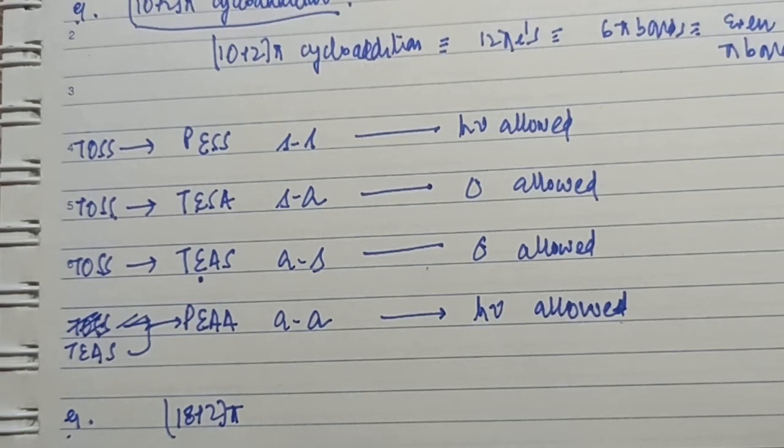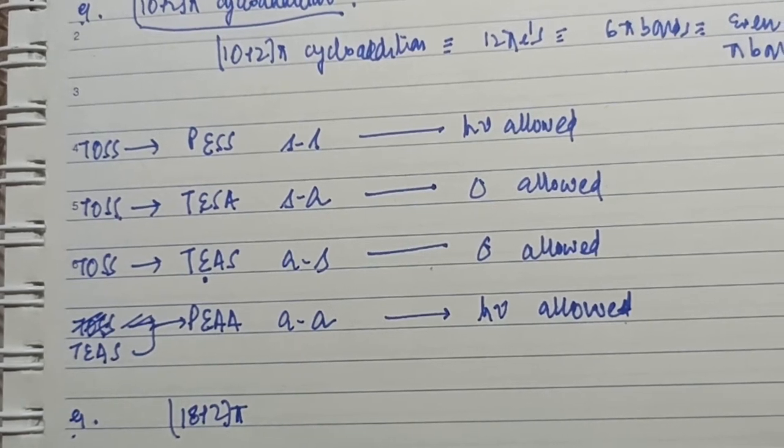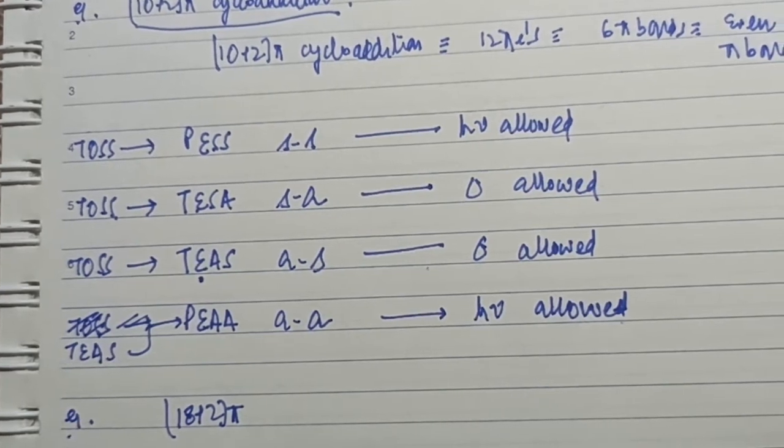If I change one thing, if I change odd to even, under supra conditions, I have to change T to P. Therefore, this reaction under supra condition is photochemically allowed, and of course under supra Antara condition will be thermally allowed. Under Antara supra would be thermally allowed, and under Antara condition would be same as in the case of supra. That is, it will be photochemically allowed. So this is easy to work out from the formula.